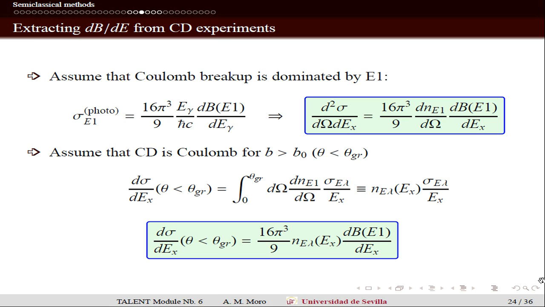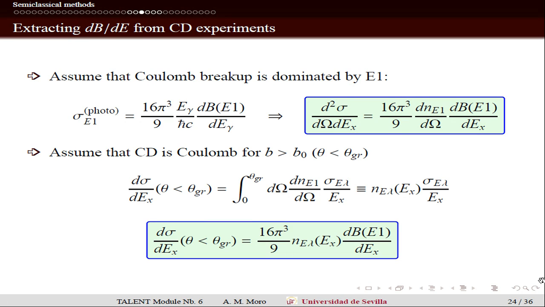So they touch, but only gently, so they don't fuse with each other. So this is an estimate of the scattering angle beyond which we expect to have some other effects that are not purely Coulomb. So to be safe enough, we have to integrate this expression for scattering angles that are at least smaller than these grazing angles, to make sure that we have a small scattering angle, large impact parameters,